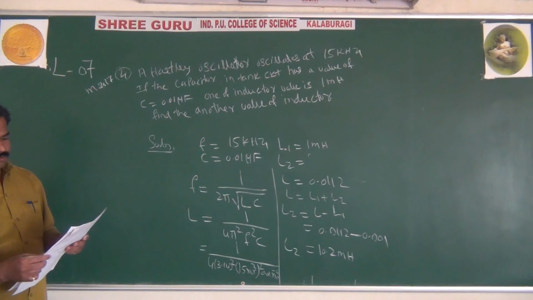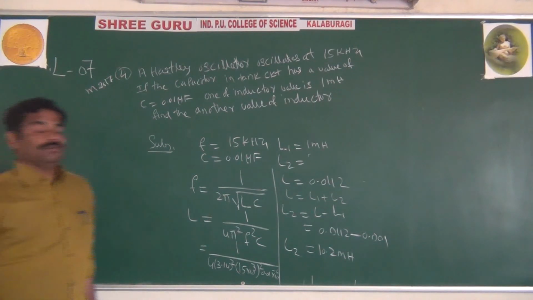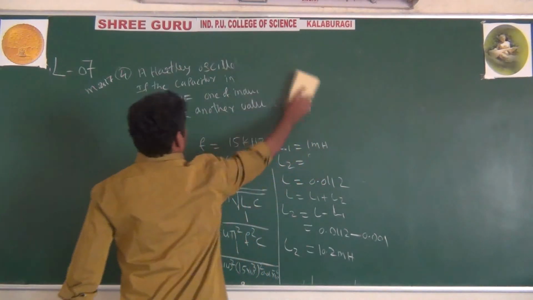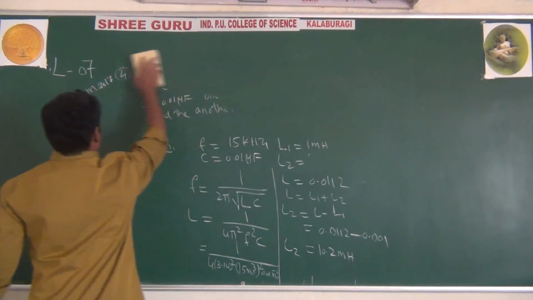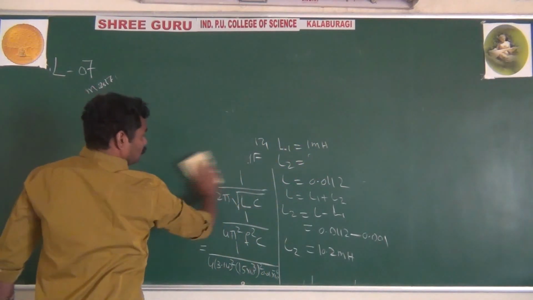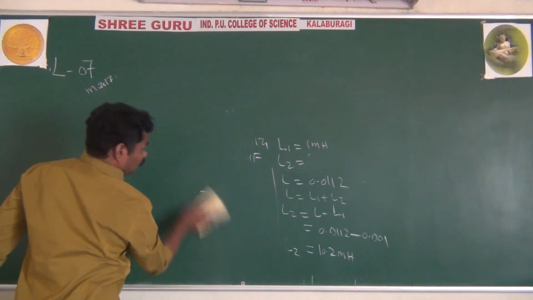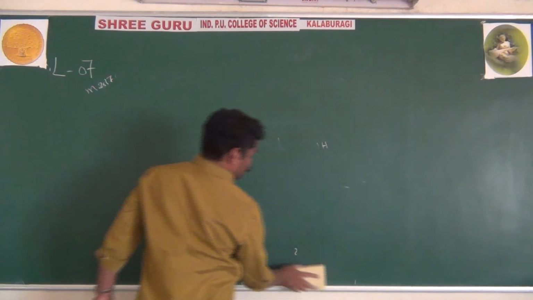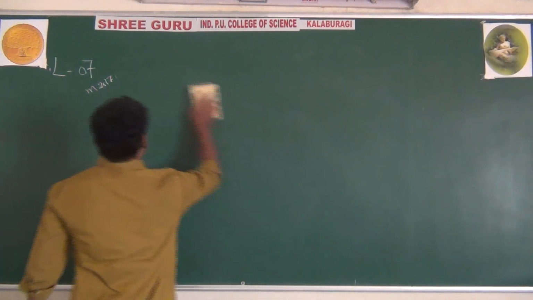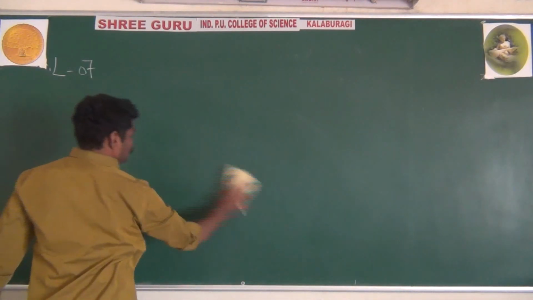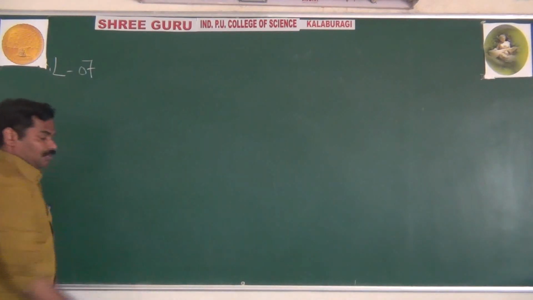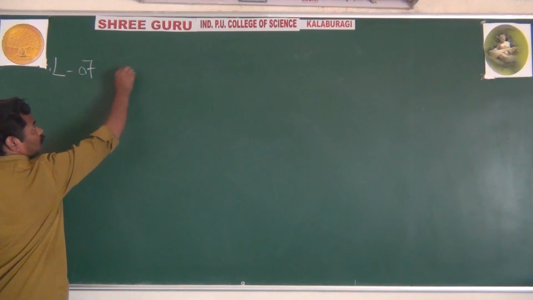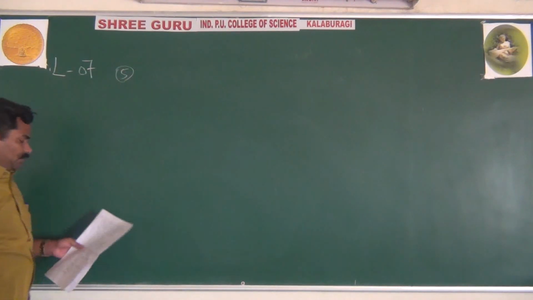They ask in your phase shift and Wien bridge. We go for the last two problems because I said so many times that the last question is about the Hartley and Colpitts, because as compared to the phase shift and Wien bridge, they are somewhat complicated, not complicated, but they look complicated. Now go for the fifth problem. That is very simple as compared to the Colpitts.